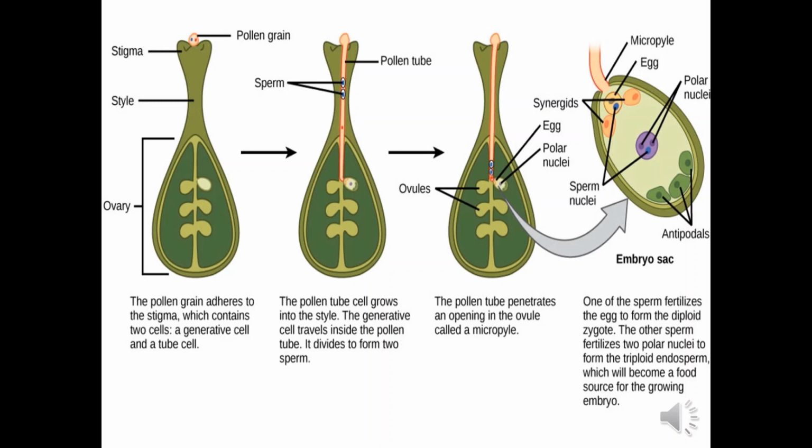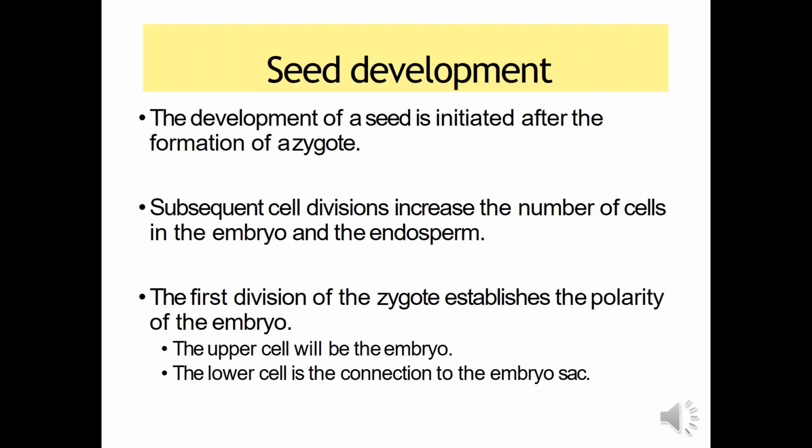Alright, so this one is still about the fertilization. When the fertilization produces the zygote, it results in increased cell division. If the cell division increases, the number of cells also increases in the embryo and the endosperm. So this is the process where the first division of the zygote establishes the polarity of the embryo,